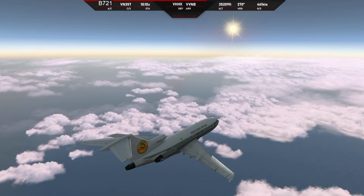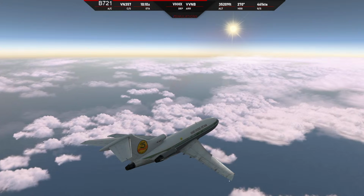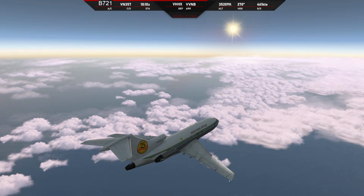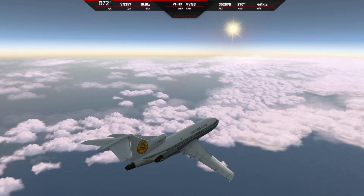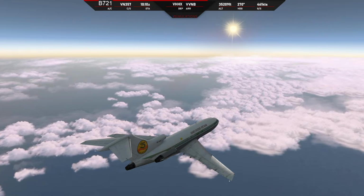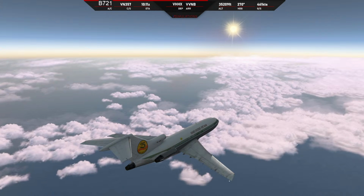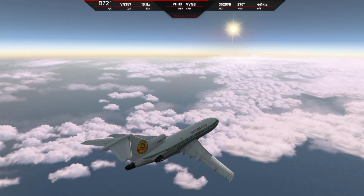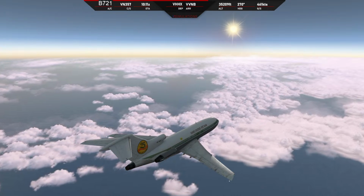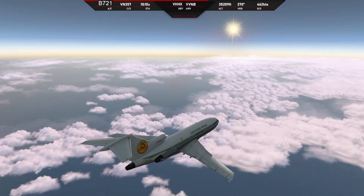It's had a lot of updates since the last time I flew it. But my favorite real-world airplane's a 727. We've got the Q400 out. I love flying these airplanes. I fly the Airbus all the time in real life. I like to fly something a little bit different when I get here in the sim. And I firmly believe that when I fly airplanes like this, the 727, or even just a round gauge airplane, it really does keep my skills sharper when I go back to the Airbus,